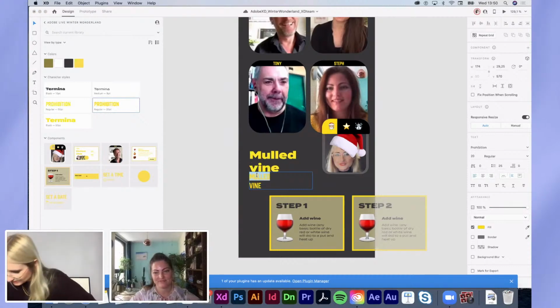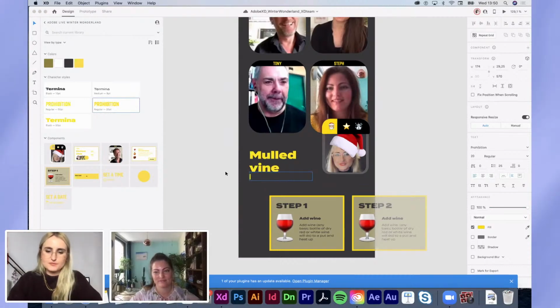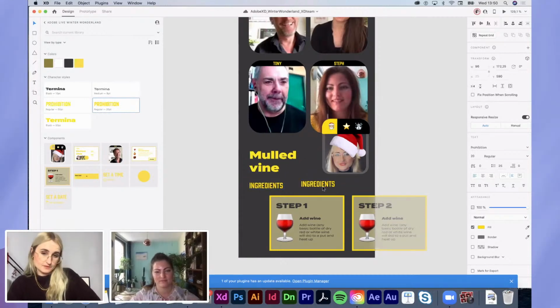Okay, so what else do I have? The ingredients would be important, right? If you are in the event, an ingredients section here, and then we have the different cooking steps,